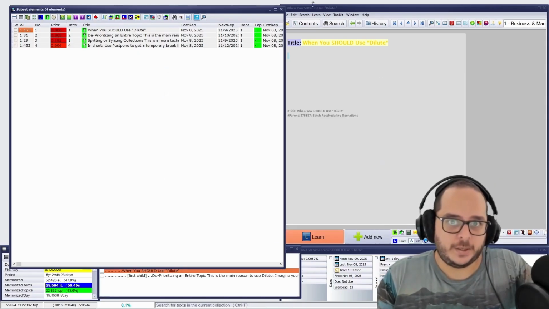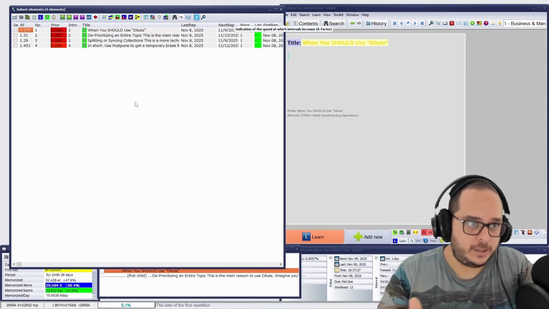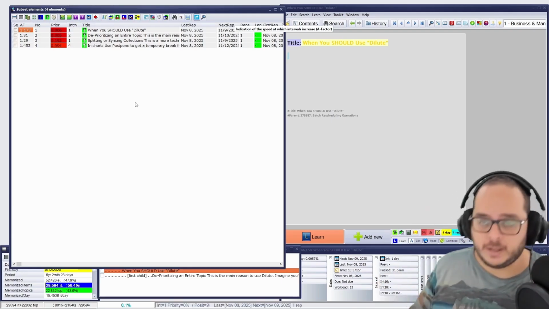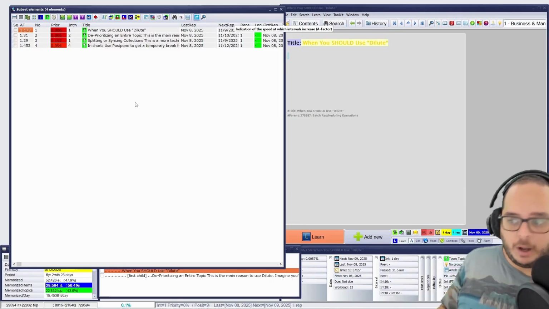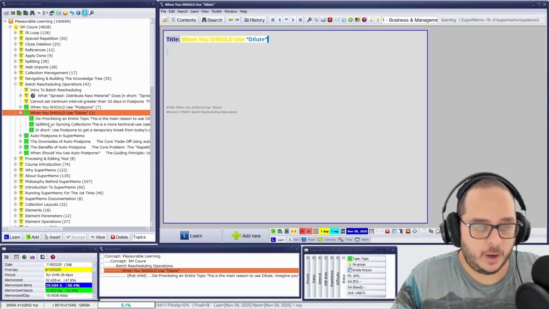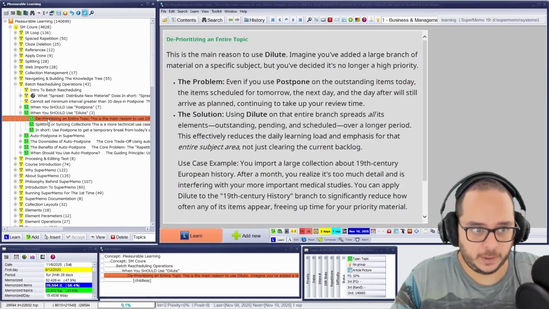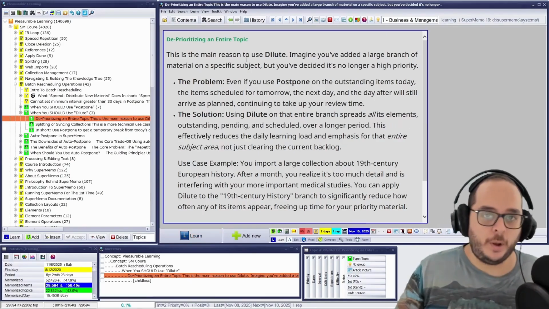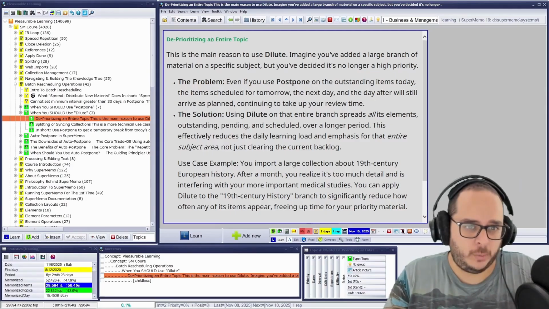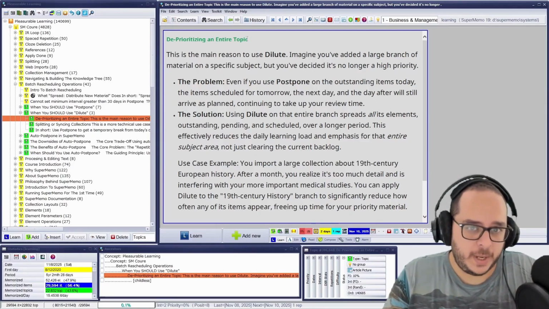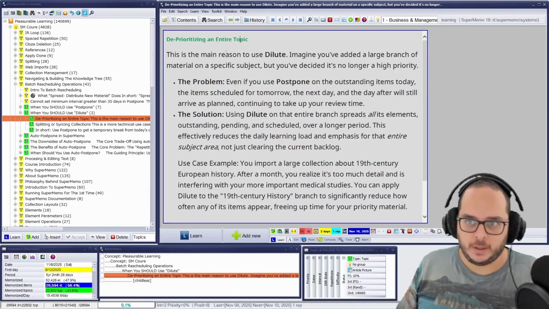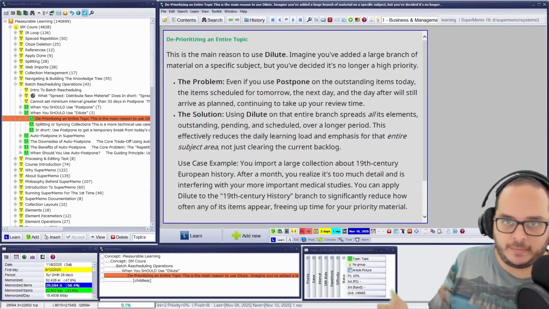Nice. So that's everything you need to know. We are not going to go into details because it's the exact same copy, the same we have seen with postponing. The only difference is that you have to take into account all of the elements. Now that we have introduced dilute, let's see when you should use dilute, if you really want to. When you should use deprioritizing, when you should dilute to deprioritize an entire topic, not topic in the sense of an element type, but in the sense of an event in history, something specific, a topic.